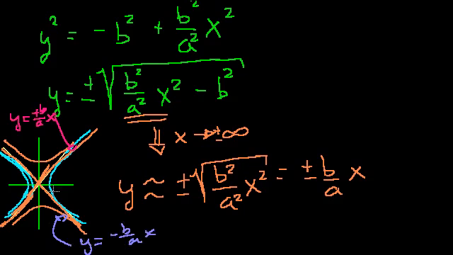But we still have to figure out whether the hyperbola opens up to the left and right, or does it open up and down? And there are at least two ways to do this. One, you see, this was an approximation. This is what you approach as x approaches infinity. But we see here that even when x approaches infinity, we're always going to be a little bit smaller than that number, because we're subtracting a positive number from this, and then we're taking a square root of the whole thing. So we're always going to be a little bit lower than the asymptote,